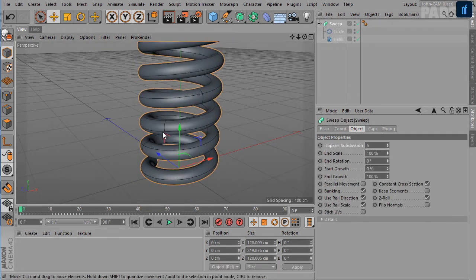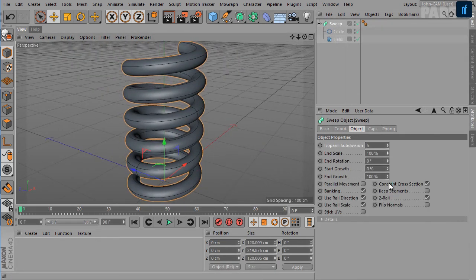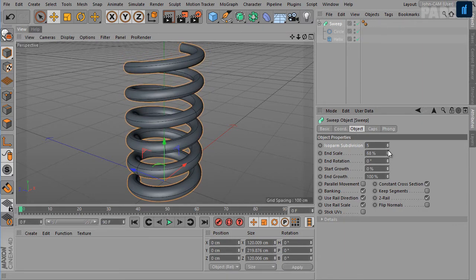Let's have a look at the commonly used parameters here. The end scale defines the size of the contour at the end of the path. What I mean is, the contour is 100% at the start of the path here, and then the size is interpolated between 100% and the value you specify here for the end scale parameter.